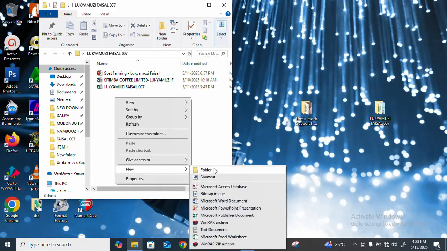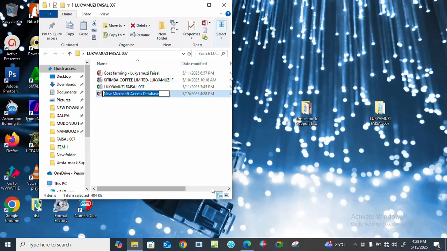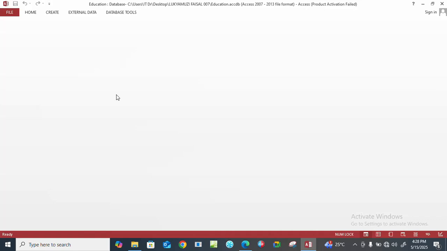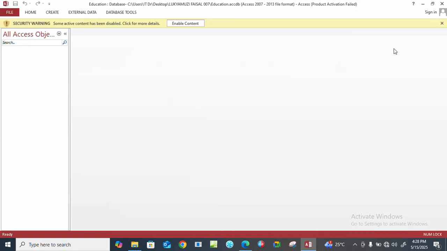You right click and choose Microsoft Access database. I'm going to give it a name. They have told us our database should be called education, so that is it, I press enter. Then I double click on it to open it. So Microsoft Access is opening. Once it's opened,